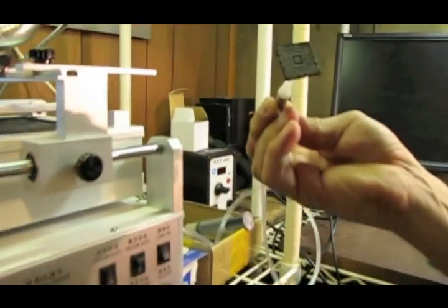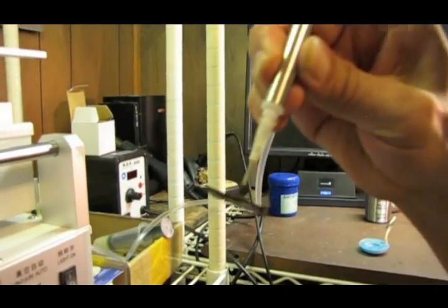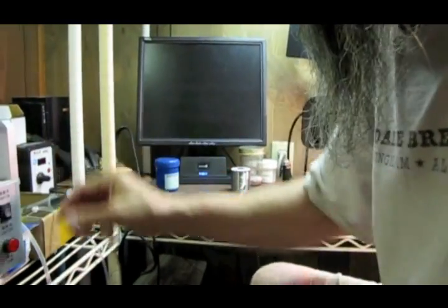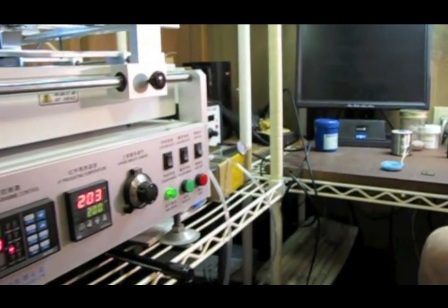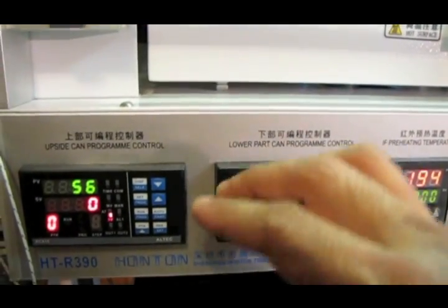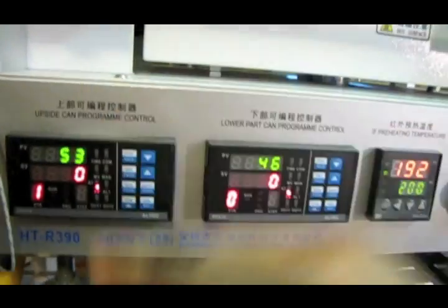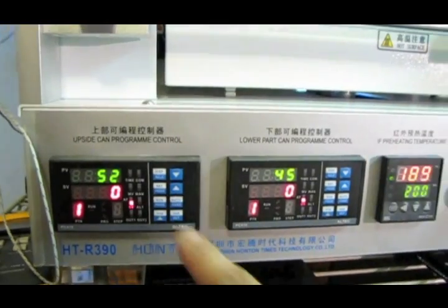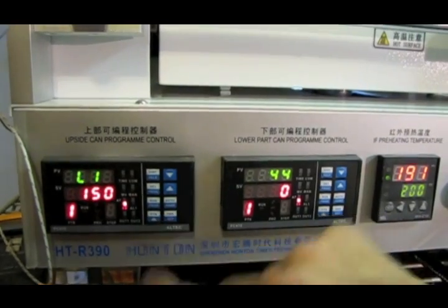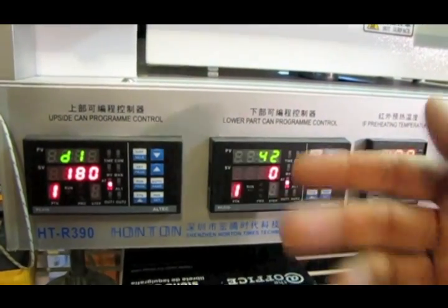I'll go ahead and turn the machine off. We'll let this chip cool a little bit. Okay, now I'm going to set the machine up so it heats the board to 150 so I can clean the solder pads. I've got this set up on profile PTN 1, and here's the top, the ramp at 150 degrees, and I've got it set for 180 seconds,